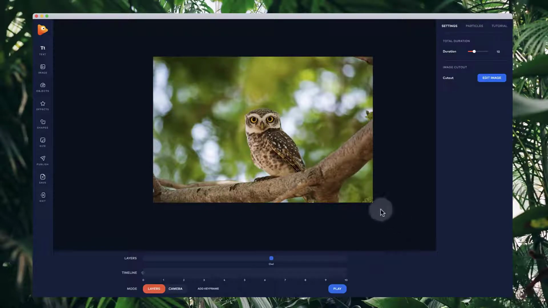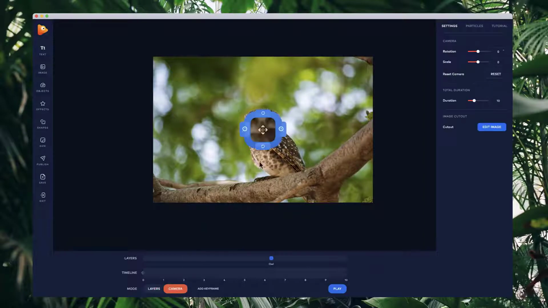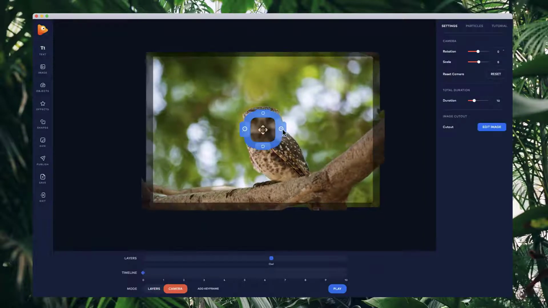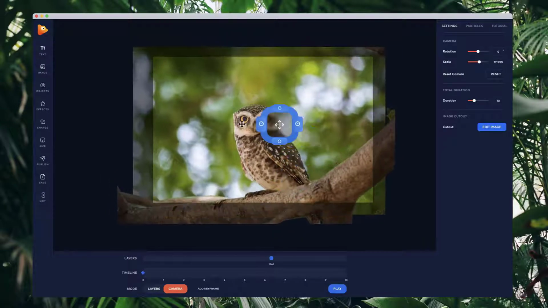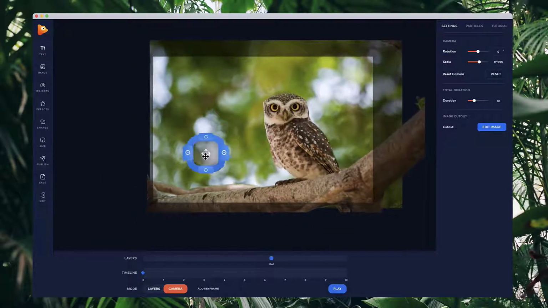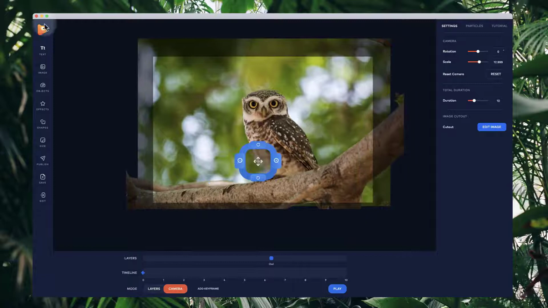Alright, so now that we're inside the editor, we can go through and start animating this image. If I click on camera over here, and zoom in a bit like so, and start moving it around, you'll be able to see now we've got this really nice looking effect, okay? And we can do heaps of things like adding in different text, images, we can add particles and things like